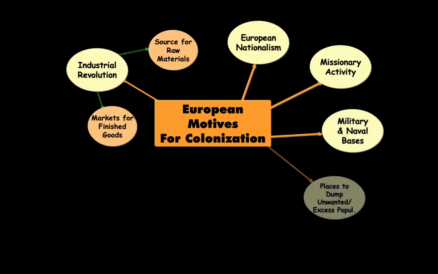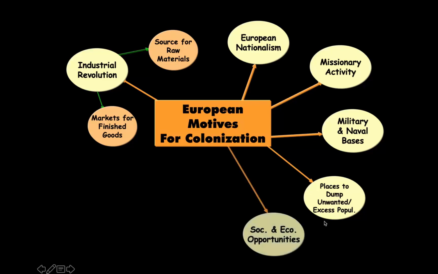You need these bases. You need places to put people that you don't need anymore, prisoners or excess populations. And so the British will become big at doing this, as will the Belgians and the French, which is to take people you don't need that are in your country, that are overpopulating your country, and you send them away. You send them to colonies to make colonies, or if they're criminals, to prison camps in colonies to do the hard labor. But this was something that the Europeans were doing, which was just sending people away. Okay, Australia becomes a place for that, right?